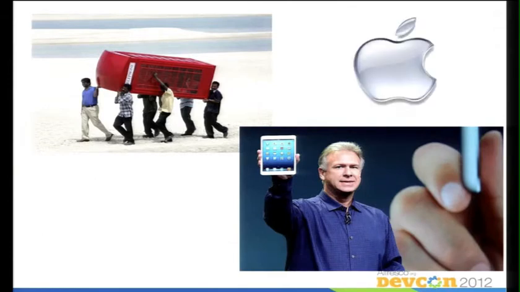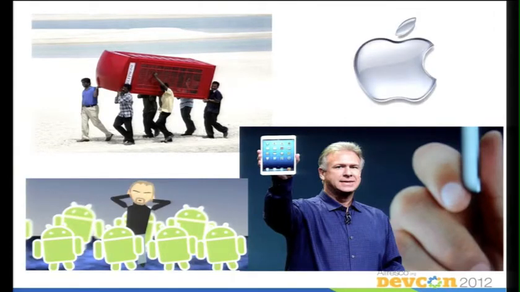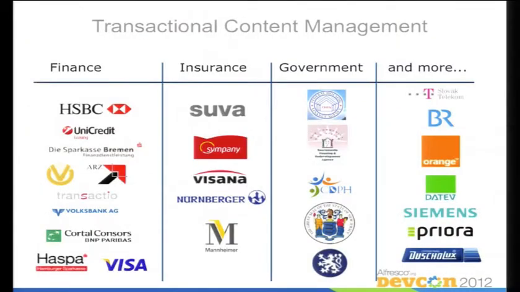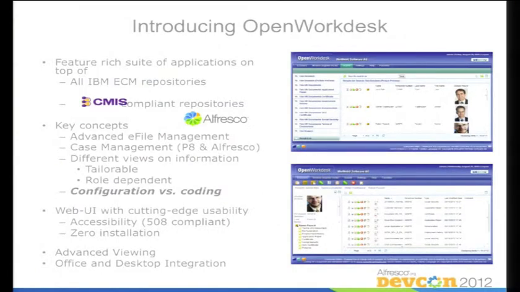So this is the old way, I think, of enterprise mobile or mobile. You know, now we've got Apple and Android devices, and we really are evolving the way we're playing here. So this is my analogy for why we're moving beyond Alfresco Mobile and FreshDocs at Zia. So we're talking about a story around transactional content management, or what I would maybe more generally call case management as a mobile experience.